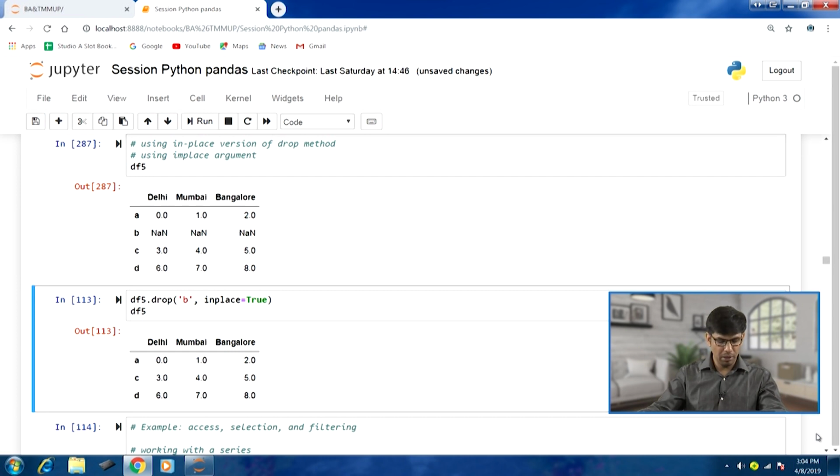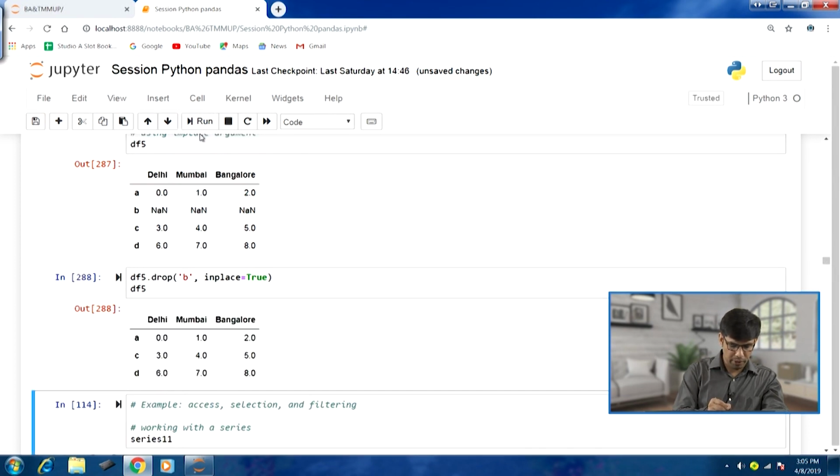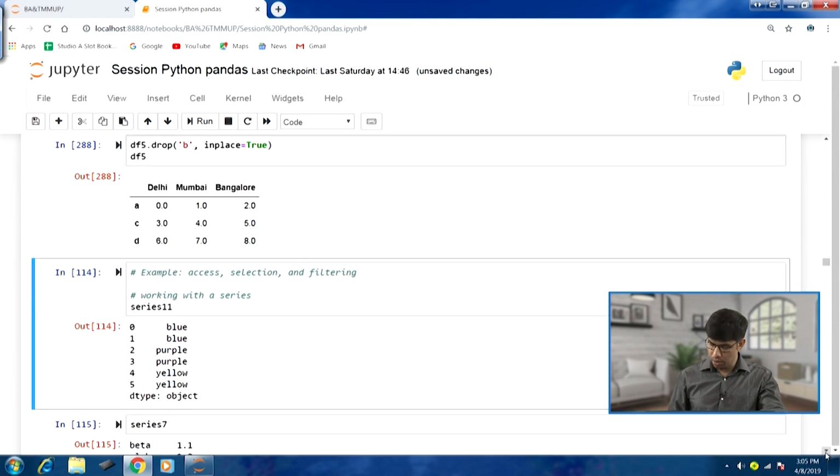So in the df5 data frame itself, this particular row is going to be dropped. So the df5 data frame is going to be modified. This is the in place version using the inplace argument. If I run this, you can see df5 and one particular row is gone.